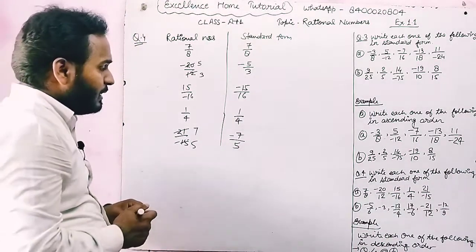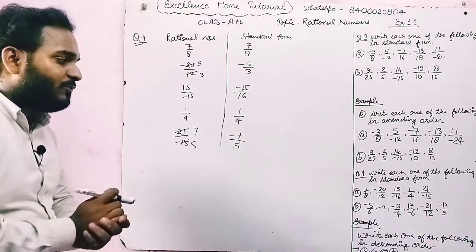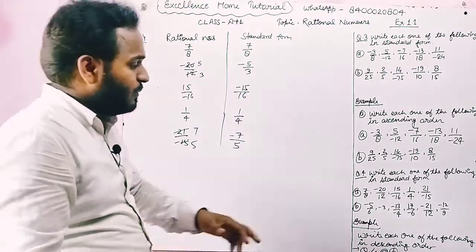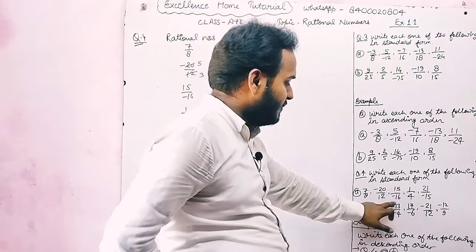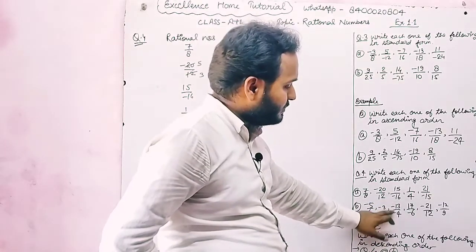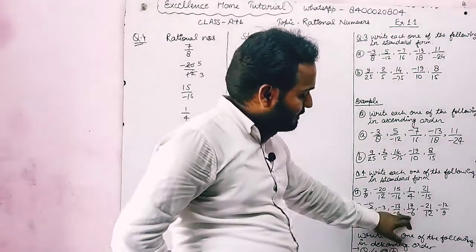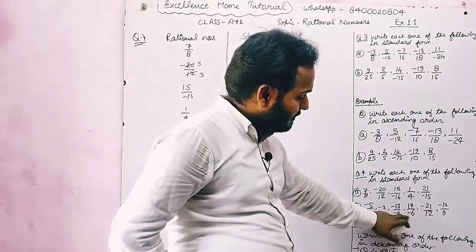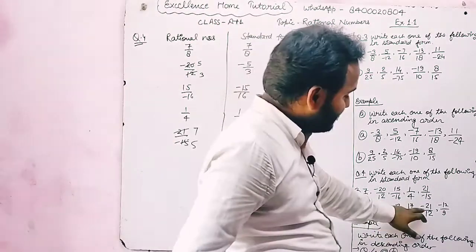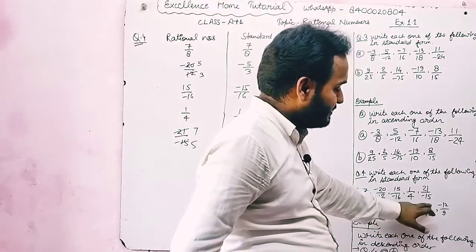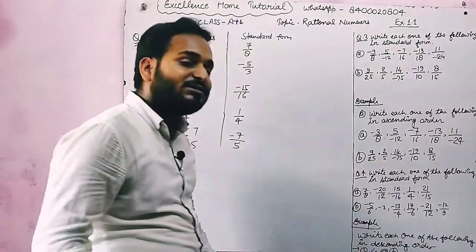Okay. Similarly, we can solve section B of question number 4, where we also have to write in standard form. Minus 5 by 6 is also in standard form, minus 3 by 6 also standard form. Minus minus cancels out, so 13 by 4 is also in standard form. Here we have to make the denominator positive 6, that is minus 17 by 6. We simplify by cancelling by 3, and after that the standard form is here.